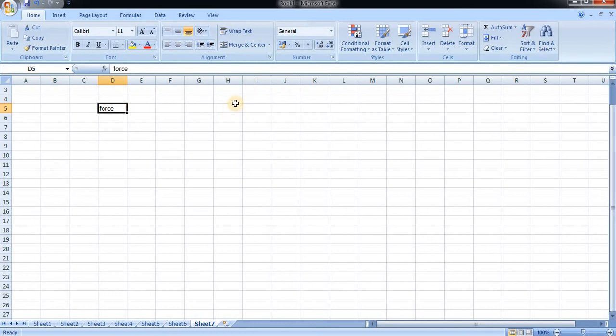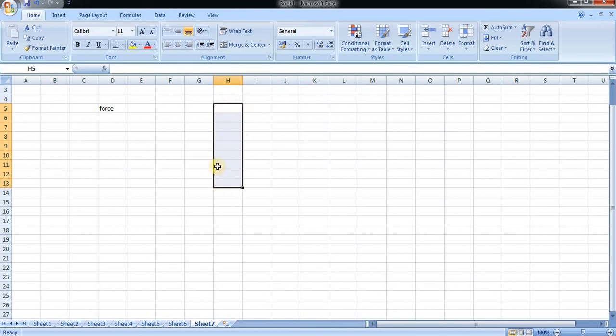Now if I select a single cell, for example a particular box, then it is known as a cell. When I select some number of cells in vertical or horizontal direction, then it is known as a range.